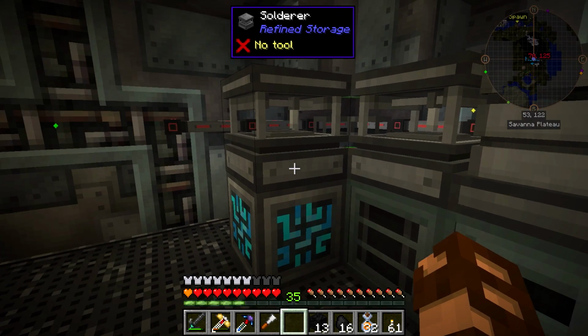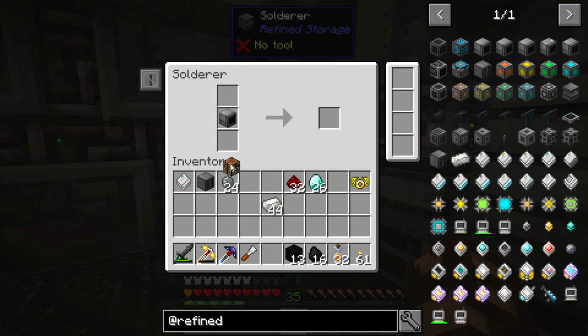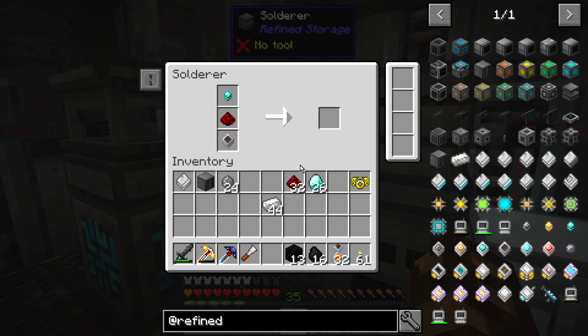Take you, put you there. Come over here, take you. Put you there. What do we want? Redstone. Gosh. Come on, bRanN, you can do it. Grid will go there. The crafting table will go there. And as soon as this is done,